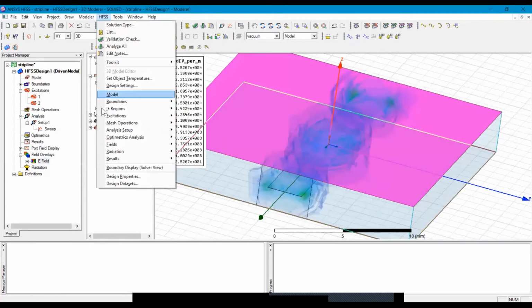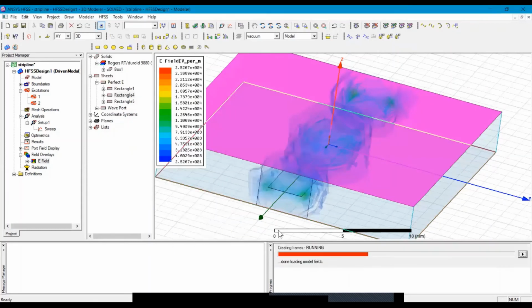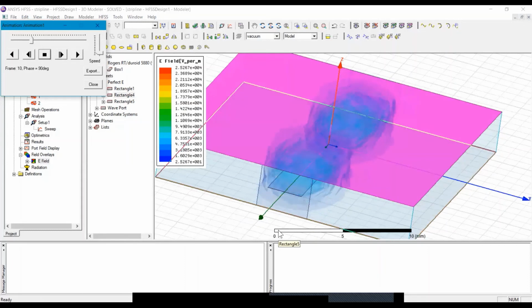And when we see the animation, we can also see the animation of this electric field. So here you can see how energy is propagating through the strip line structure.